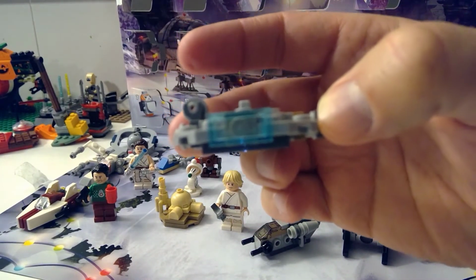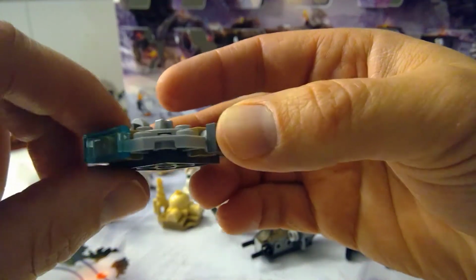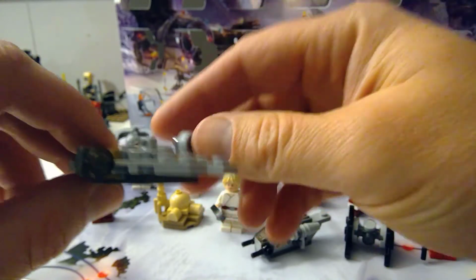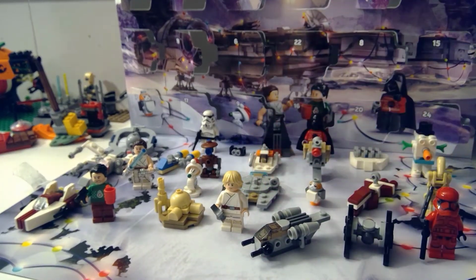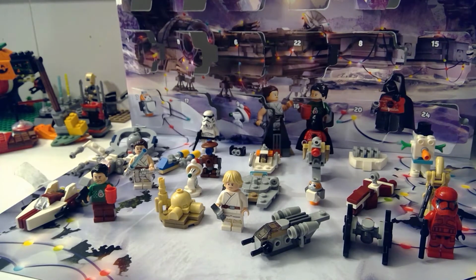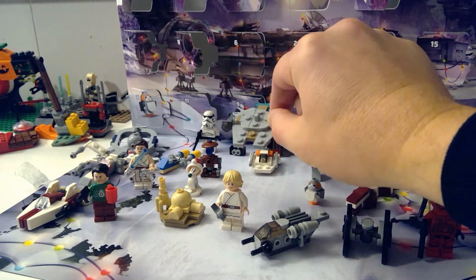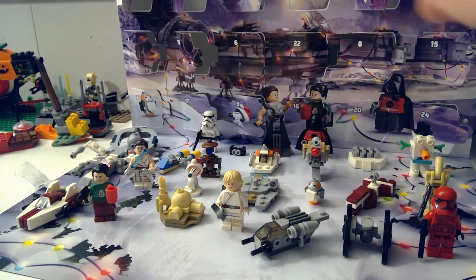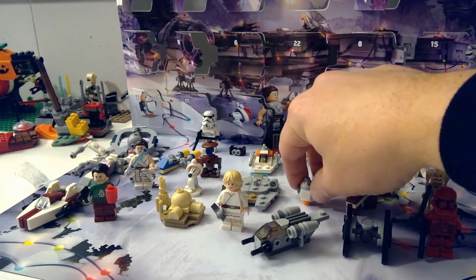So I mean, they could have, I don't know how they would have done it, but if you would have needed it to be curved in some shape or form. So I don't know about that. I think that was probably one of the weaker builds. Well, I would appreciate some of the parts, which I'll be scrapping anyways, but still. Then you have one of the smallest